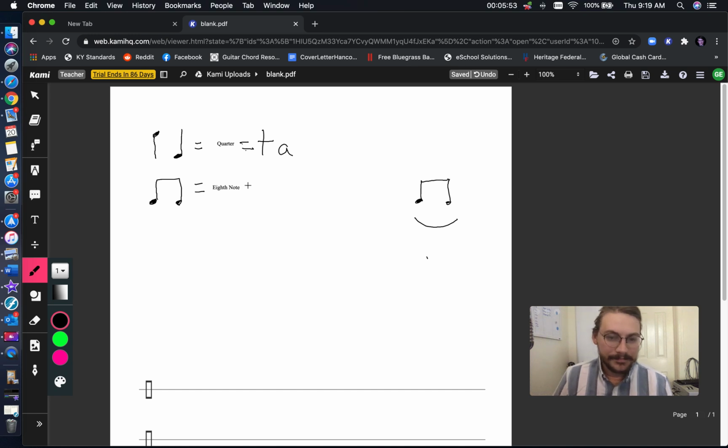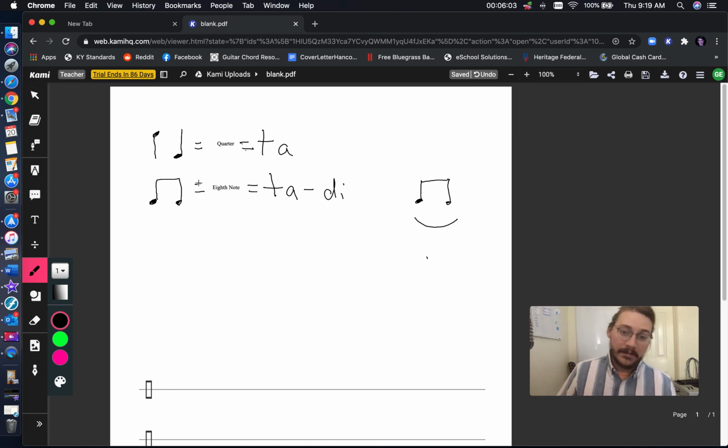Oh, there it is. Equals ta-di. So again, the full name is eighth notes, and the nickname is ta-di, or we say ta-di when we count this. Next set is